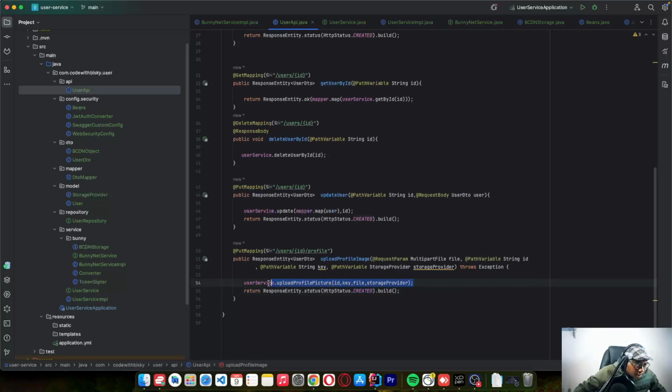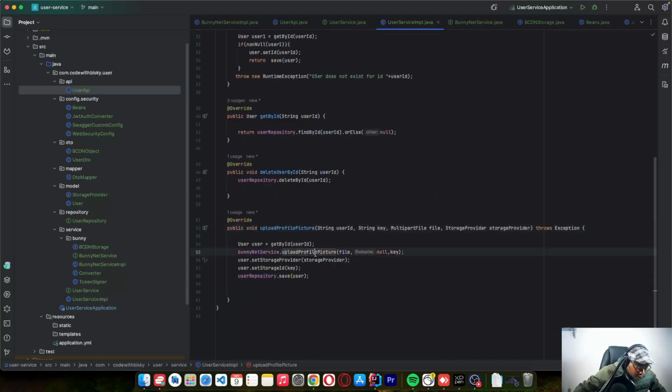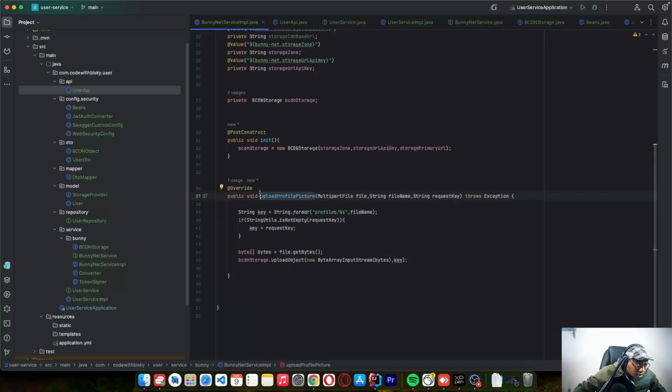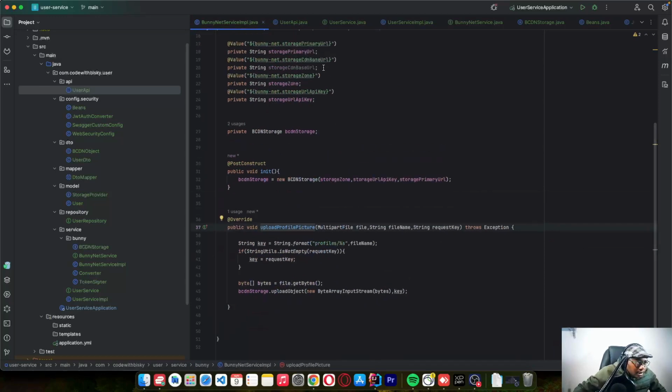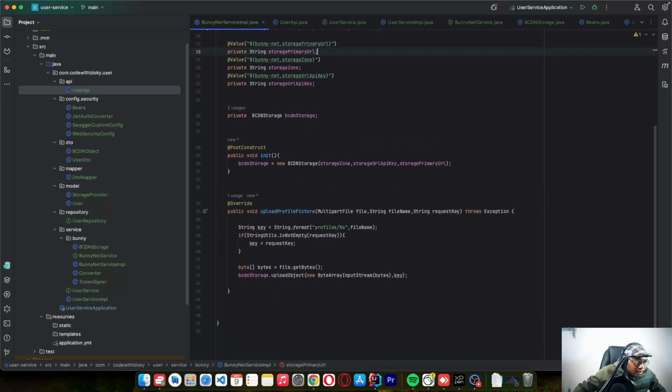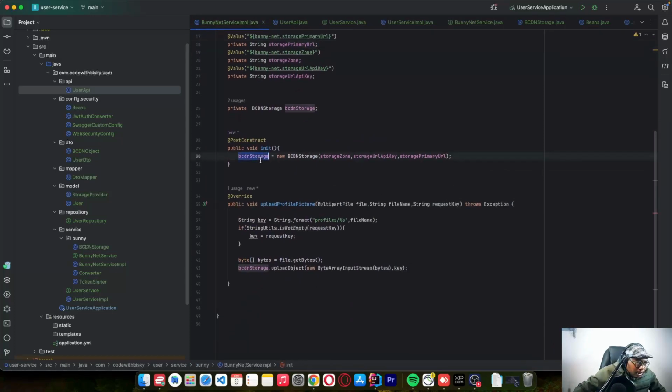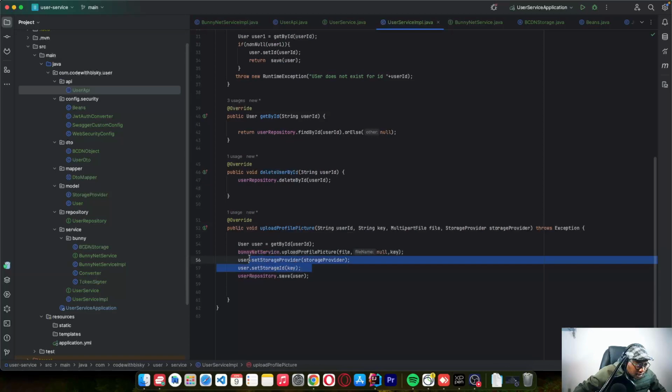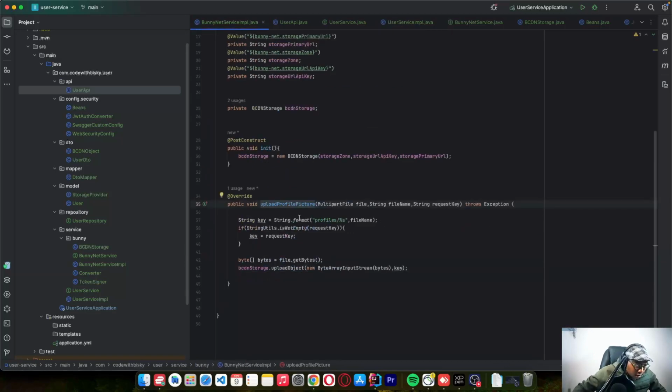So everything here, I think everything is okay. So if you follow this, we'll be able to save our image into the BunnyNet. And this one, we don't need this configuration. And the application starts, it will upload if everything is okay. We need to update the details of the user with this new key. So here I just say it was